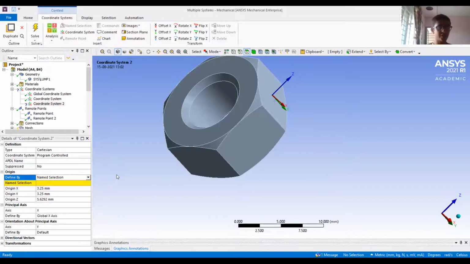Let's look at where a manually made coordinate system will be helpful. So remember, a coordinate system will have two things. It has the position of origin, that is X, Y, and Z coordinates. And the second is the direction of X, Y, and Z vectors. So we can use it wherever we want to specify a point or the location of a point. Otherwise, we can also use the coordinate system to specify the direction in which we want to find some trace or some results, etc. So let's look at the uses.